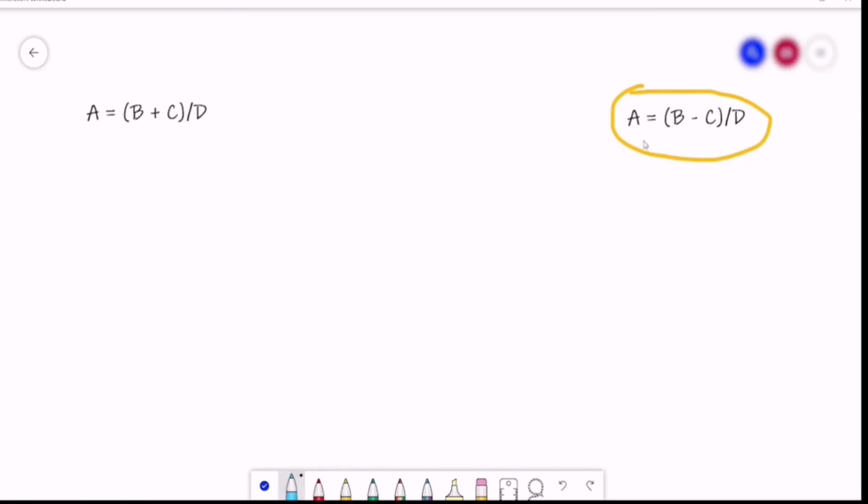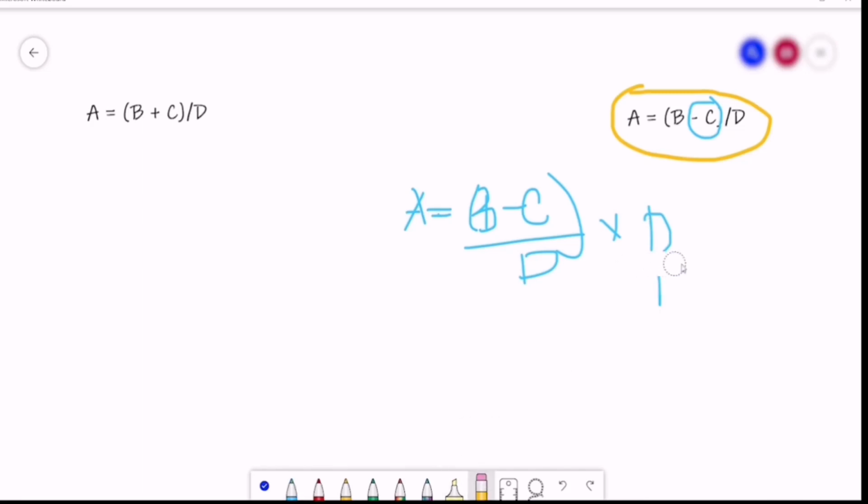So, how to derive this formula whenever C is missing? The very first step to do, even if B is missing or D is missing, is to first eliminate the denominator. So how do we do that? Let's rewrite the formula. We have A is the quantity of B minus C all over D. Then we multiply by D over 1, or just D. And D also here, causing us to have AD